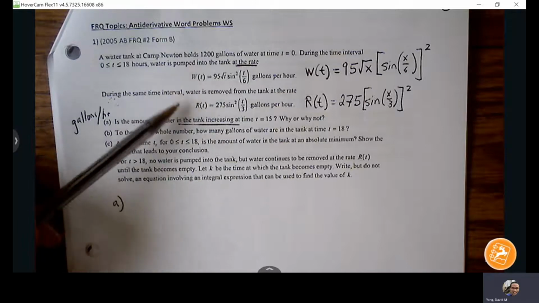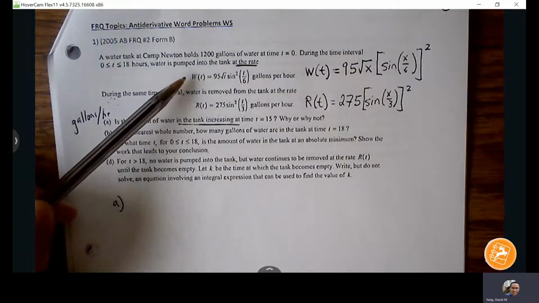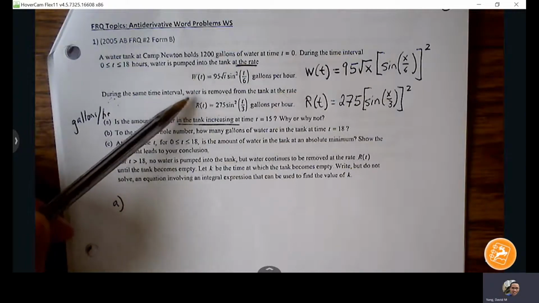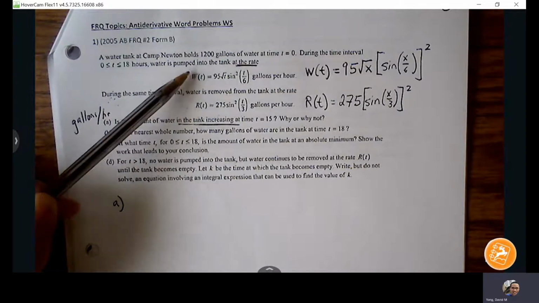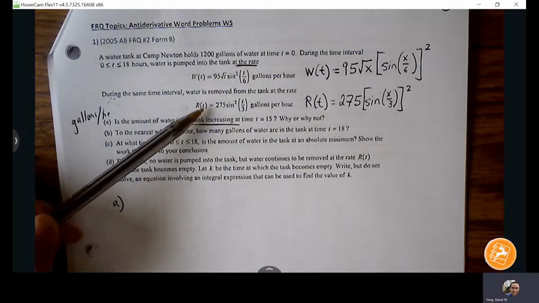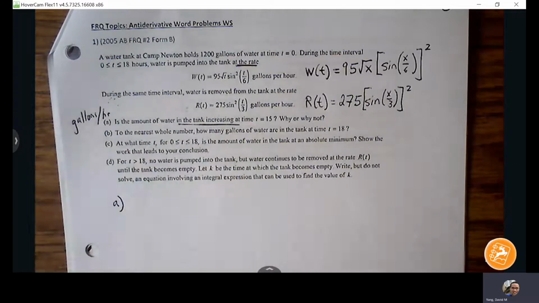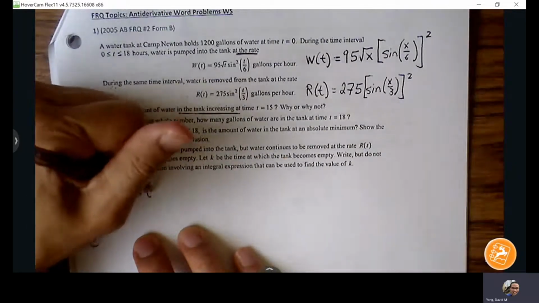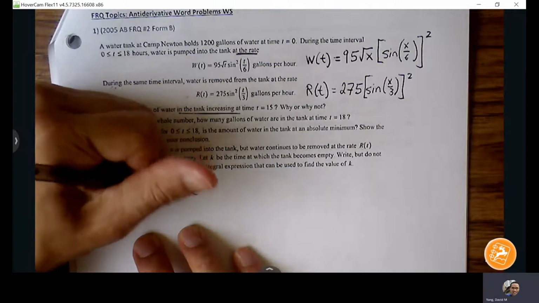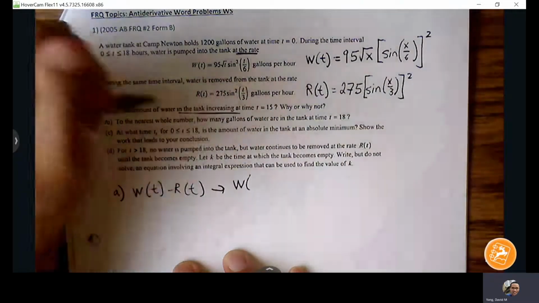So if we subtract, we can figure out whether we get a positive number or a negative number. If we get a positive number, that means W of t is overtaking R of t. That means there's more water coming in than leaving, so the water is going to be rising, right? But if R of t is larger than W of t, then we'll get a negative number, and we know that the water level is decreasing, right? So we'll do W of t minus R of t. So for this instance, it'll be W of 15